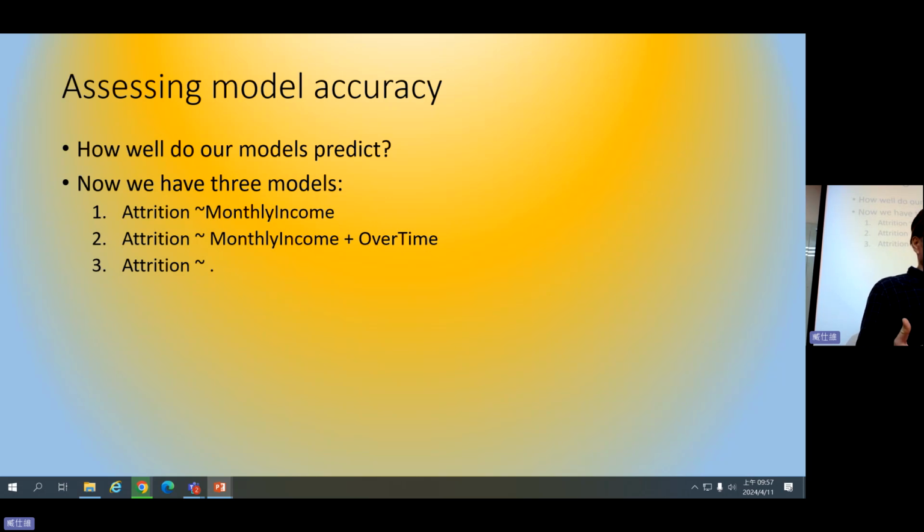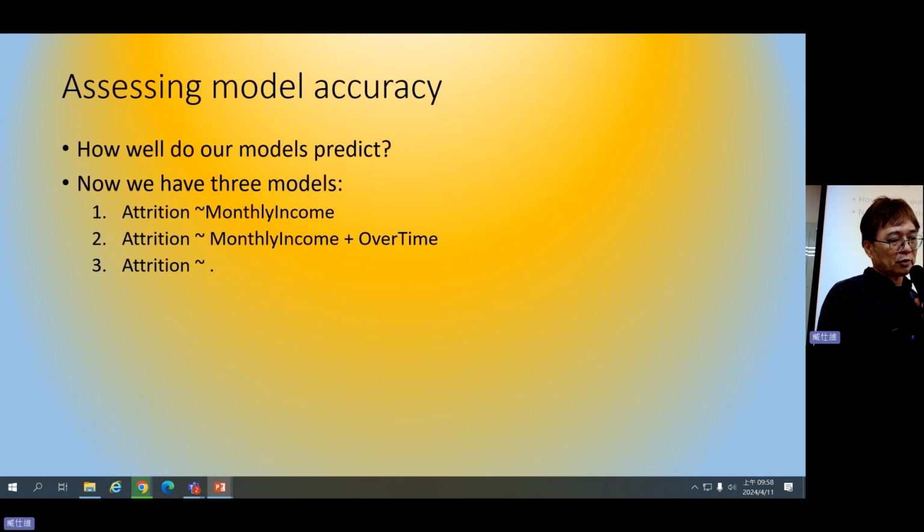Suppose we have 3 models to evaluate. For example, the first model is monthly income: is monthly income related to, or can it explain, the attrition?